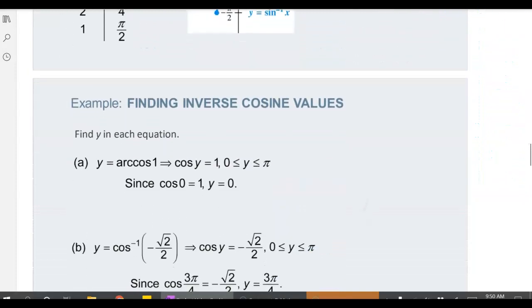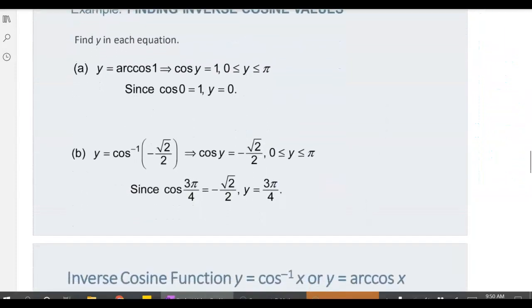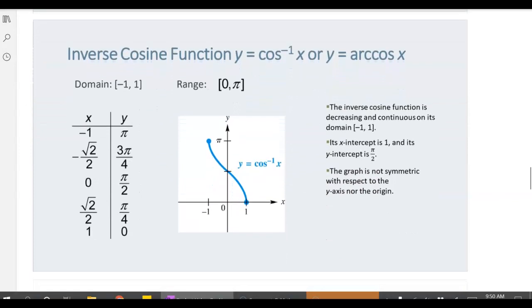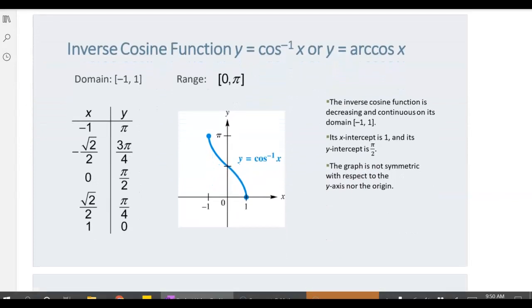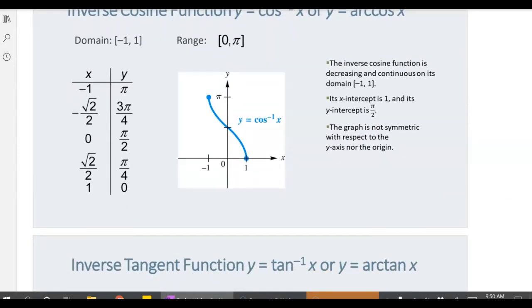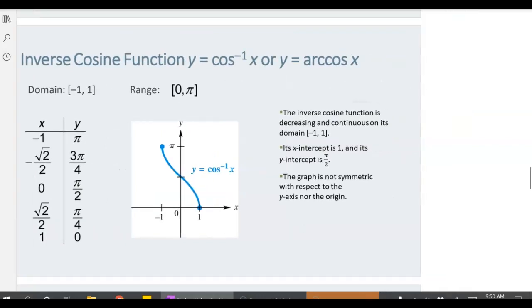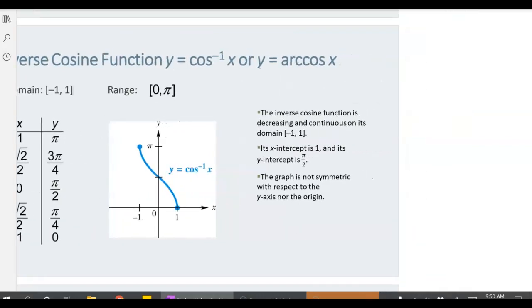Here are some examples for cosine. Cosine, similarly, we have to restrict the graph, because if I were to continue with the cosine graph, I would violate the vertical line test. And so for cosine, we're only going to consider values between 0 and pi. So for cosine,